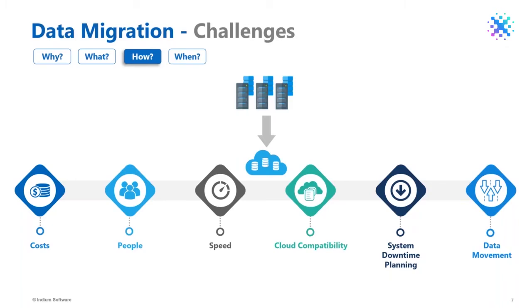The next element is speed. Again, speed depends on the architecture and the infrastructure that is being set up on the cloud. That is one. Secondly, migration of data itself, if it's not planned properly, could take a week or 2 weeks or up to 3 weeks or 4 or a month or two. So one of the key challenges we have in data migration is not planning the physical movement,